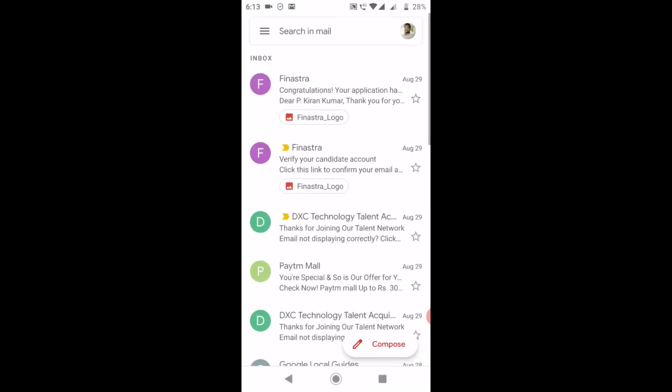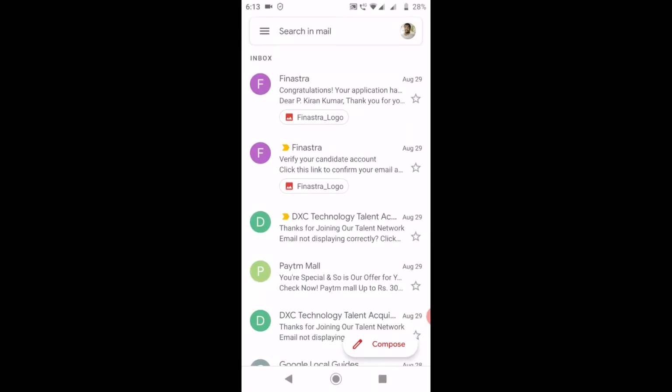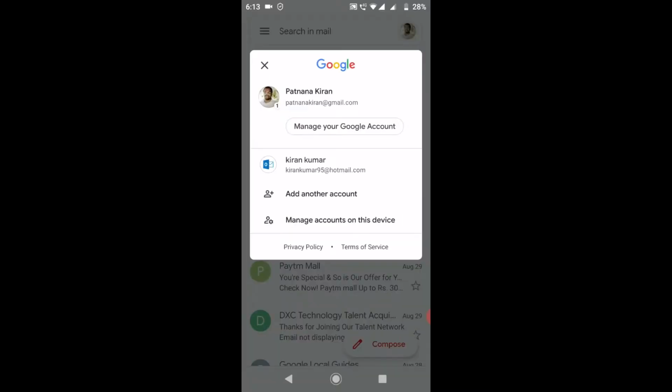If you want to remove an account, how are you going to do that? Remember one thing: the default Gmail account cannot be removed, you would need to reset your mobile phone. For now, if I want to remove the Hotmail account, click on the profile picture in the right top corner. Here we have manage accounts on this device.